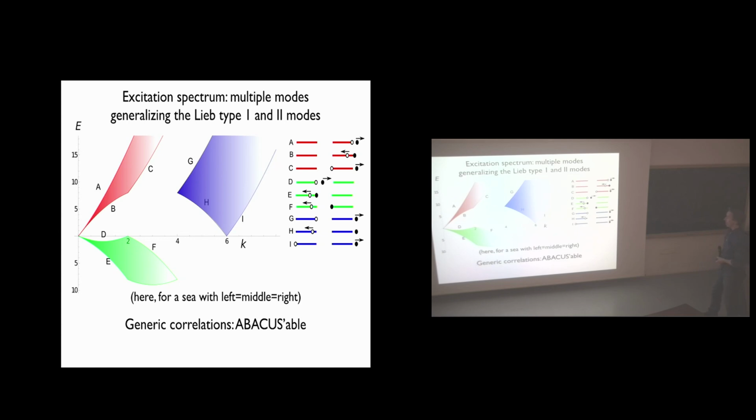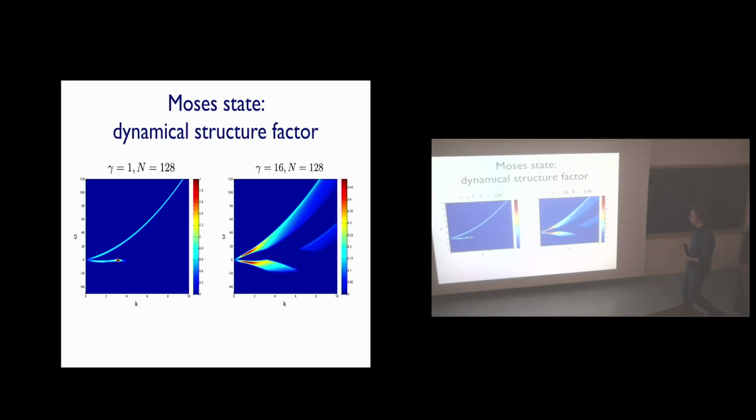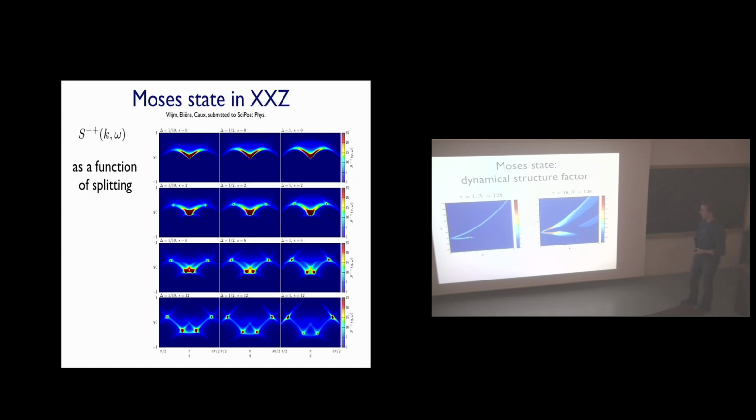Okay, but again, just from the general thing, I can also compute the correlations from ABACUS, this numerical thing I presented to you. So these are examples of such correlations for different values of gamma, and you get just more interesting structures here. So in a sense, if you were able to do, say, Bragg spectroscopy in the quantum Newton's cradle as the gases collide, the idea would be that you'd get a kind of finite temperature version of plots that would look like this. But the correspondence hasn't really been made. Okay, so that's a bit of a mystery, how it looks like.